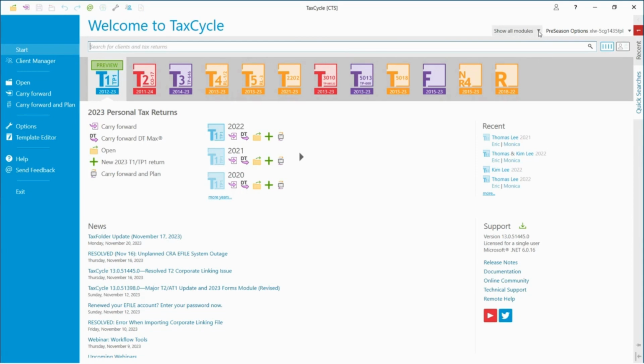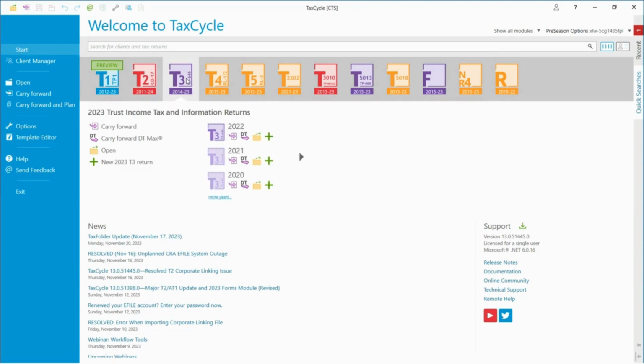On the right side at the top, there is an option that you can choose if you want to see all the modules or the modules that you have purchased. So you can choose accordingly. Depending on which module you have selected, you will see the actions relevant to that module. So let's say you select the T1 module here for our conversation today,